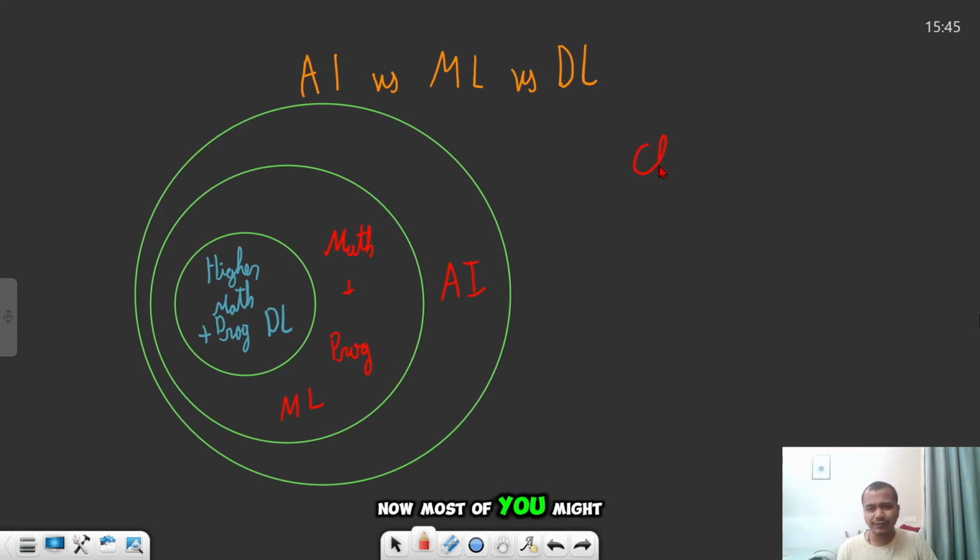Now, most of you might have used ChatGPT or Midjourney. The ChatGPT you use is AI because there is a UI with which you can talk to the background models, which are nothing but mathematical models made using deep learning and machine learning.